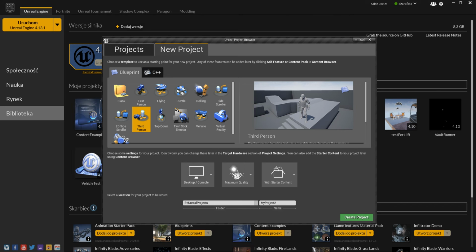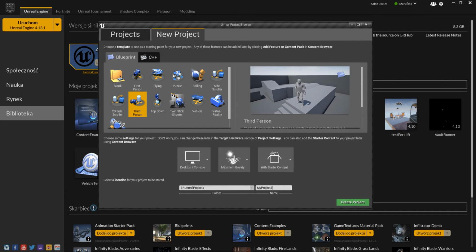Guys, in this tutorial I'll make an elevator platform. It will be a simple elevator that will emit light when you step on it. It's a request from Unreal Answers, so let's do it. I will use a third person template